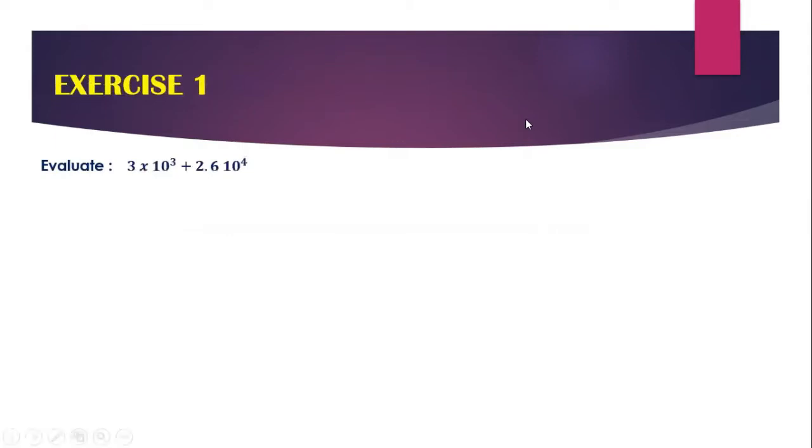Okay, exercise 1. Evaluate 3 times 10 to the power 3 plus 2.6 times 10 to the power 4, giving answer in scientific notation. Okay, students, these questions are very easy. Why very easy? Okay, our job is